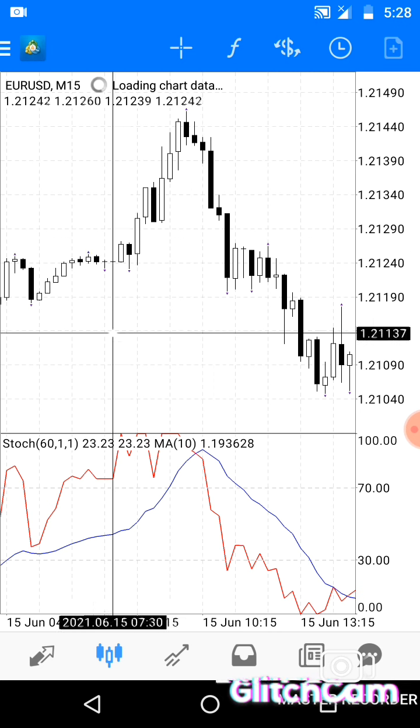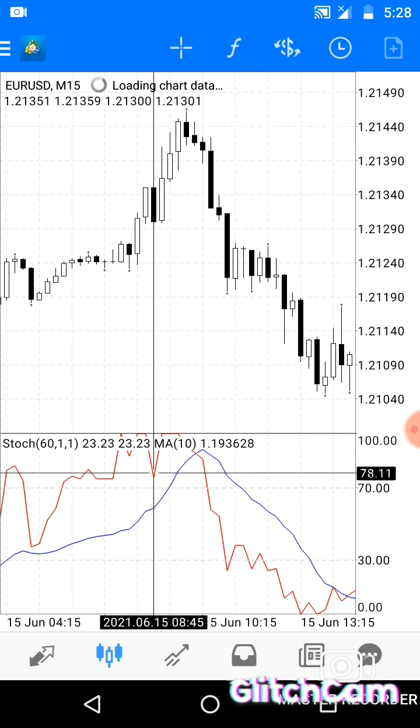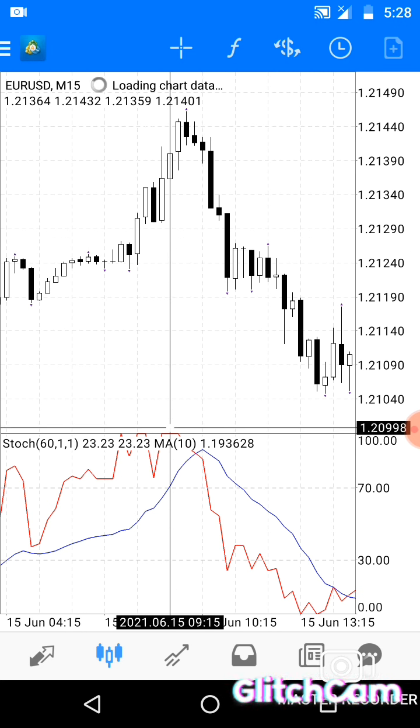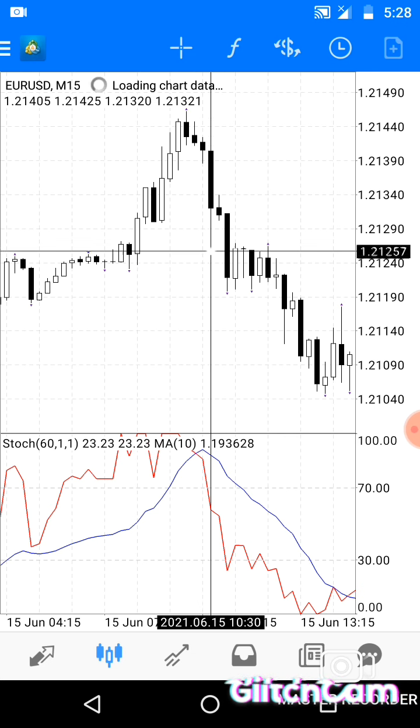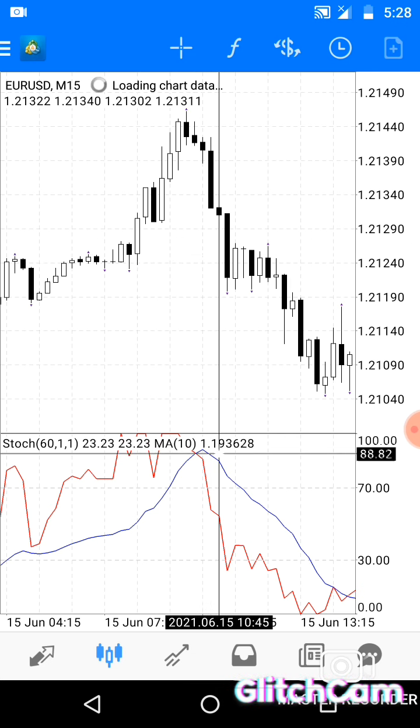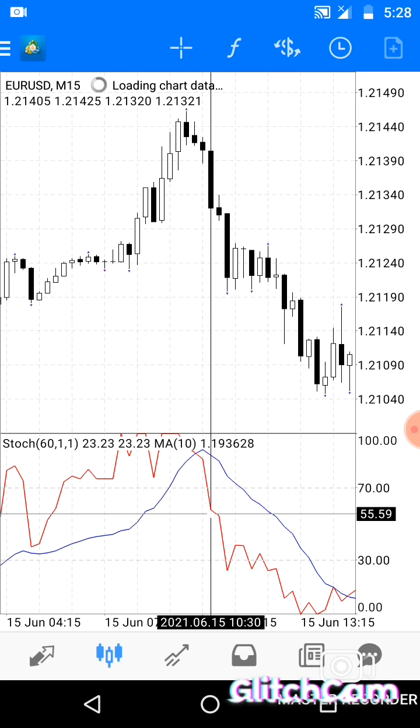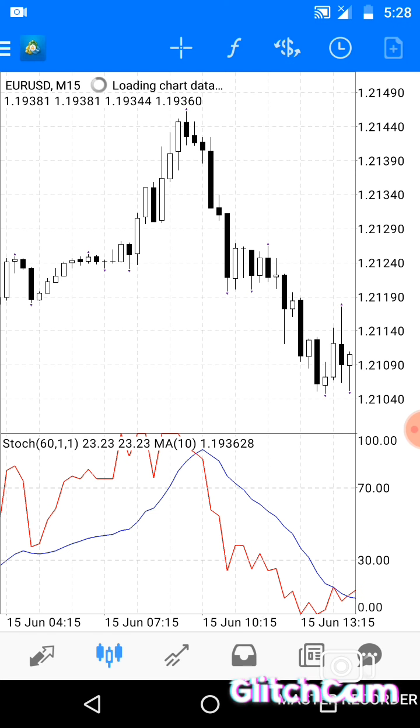But at that time, you can see that the moving average and the stochastic will cross each other. As you can see, they have crossed each other, so you are supposed to enter the market. Then you exit by somewhere here. This is scalping. If you take your 20 pips, you are out.